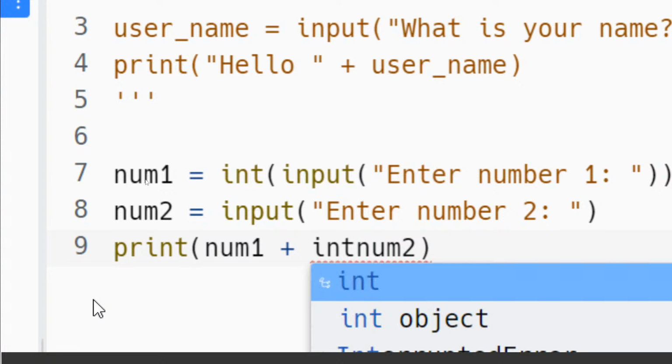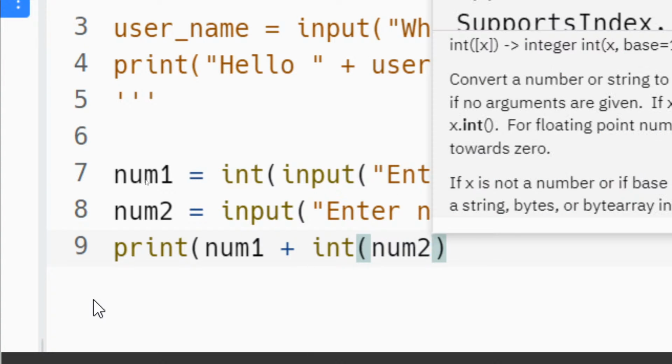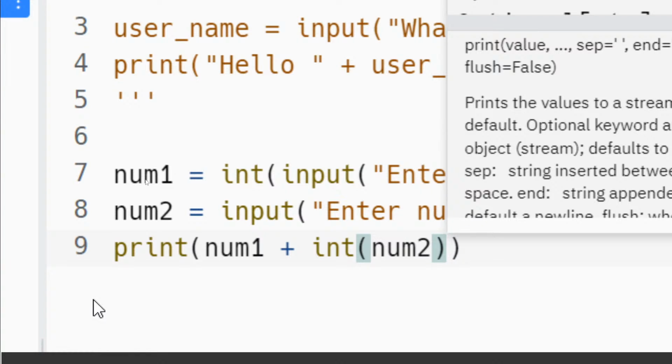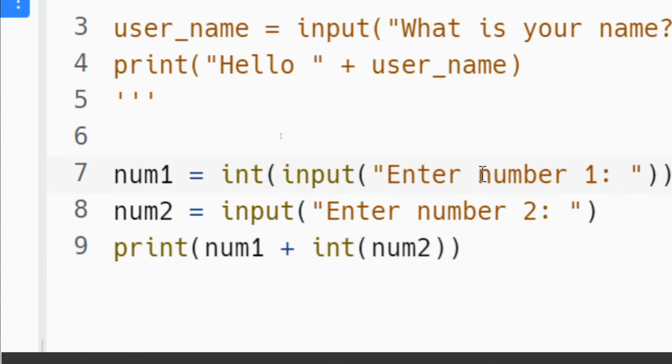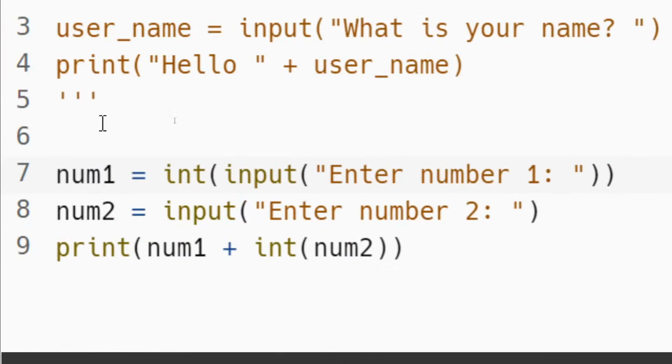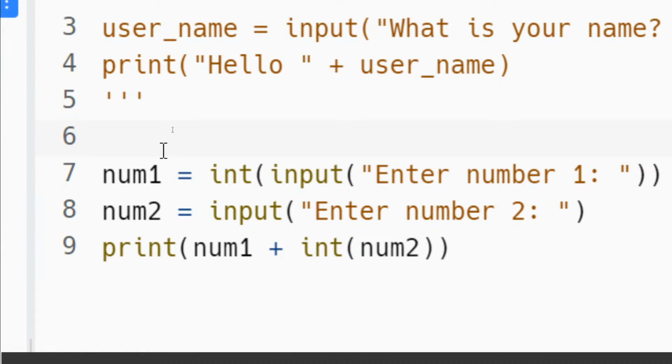So I could also do it here in my output. And honestly, I think it's a lot cleaner to do it this way, instead of having a function inside of a function inside of a function. But either way works, so I'm just going to leave it like this. Maybe I'll write a little single line comment here and say,